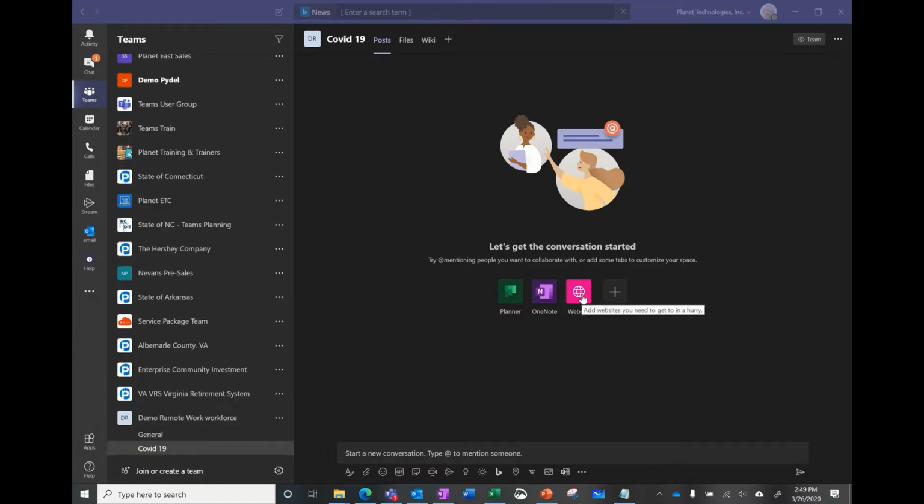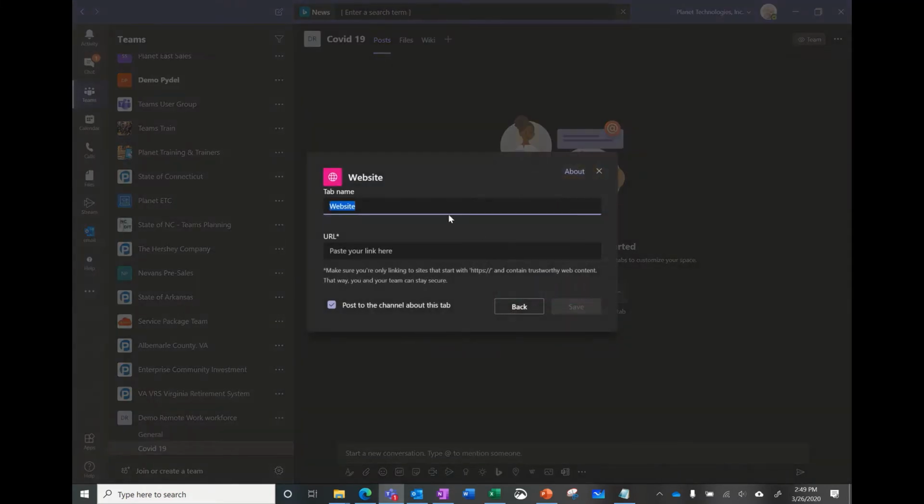I'm going to add to this channel a website which I've captured, which is really key for understanding what's going on in terms of COVID-19. So I'm going to call it with the name I want. So let's call it about COVID-19, and I'm going to put the address, which is https://